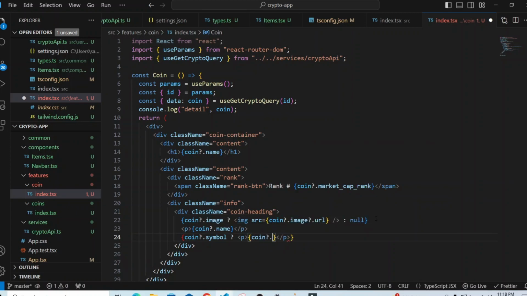Coin.symbol.toUpperCase(), and we are going to show the USD, and then